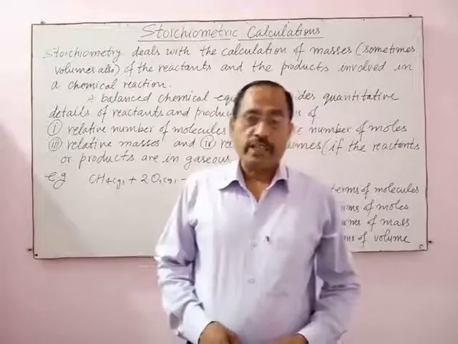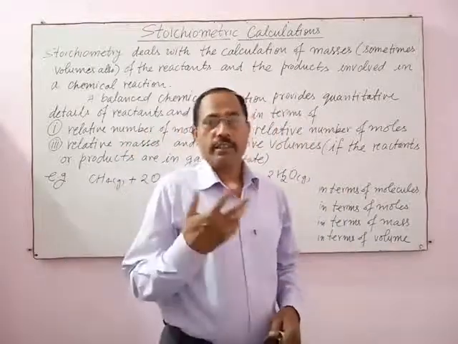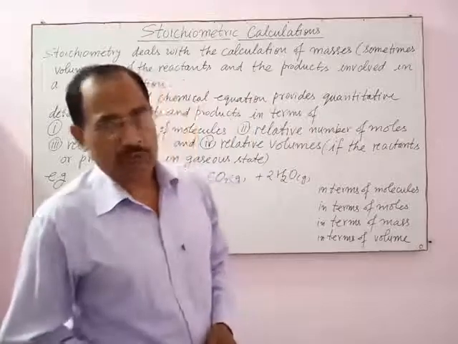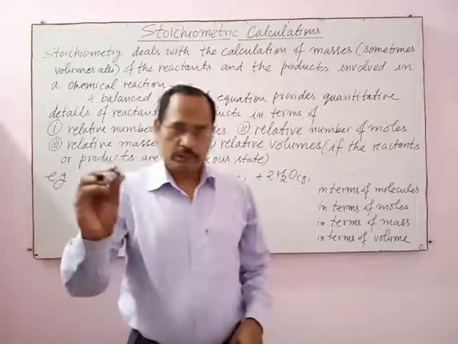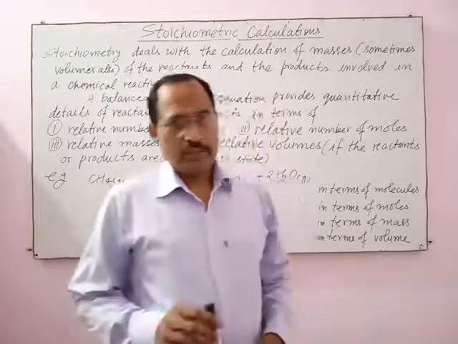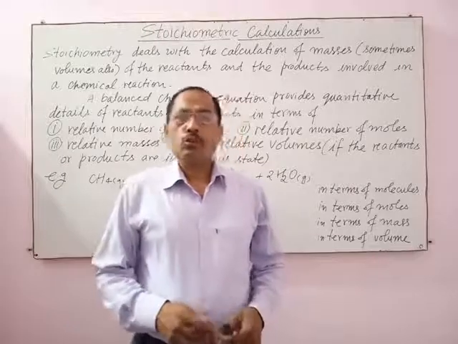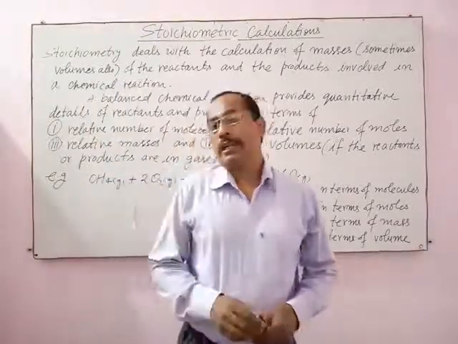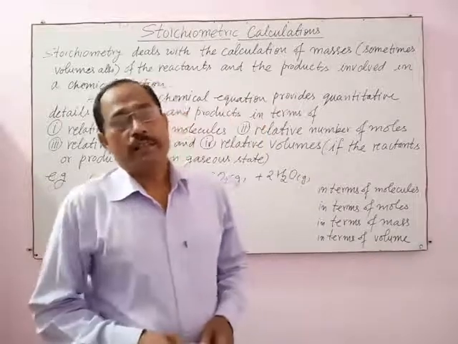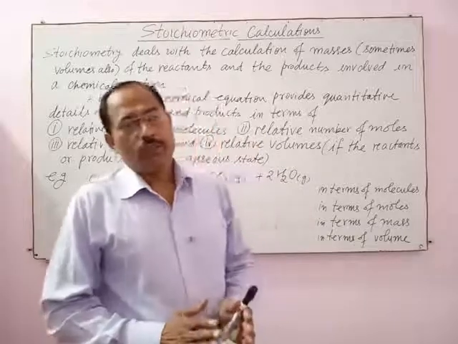Reactants are always written on the left side and products on the right side of the chemical equation. Between the reactants and products, an arrow is placed which gives the direction of the reaction. If two or more reactants or products are involved in a chemical reaction, then a plus sign is placed in between two